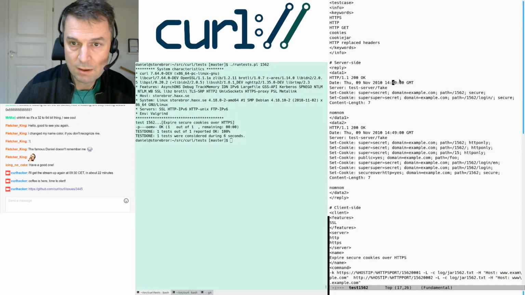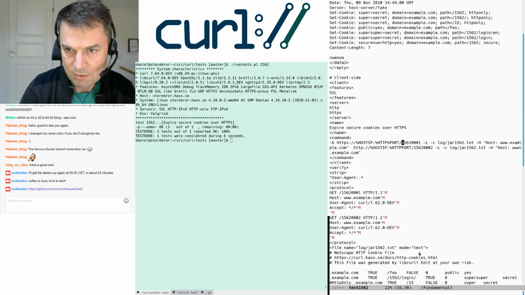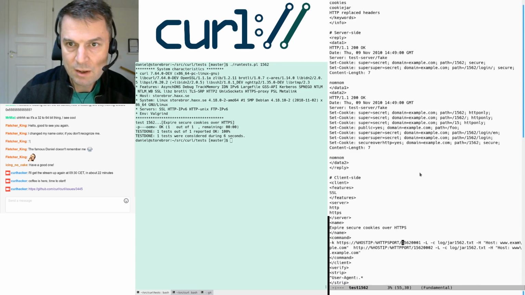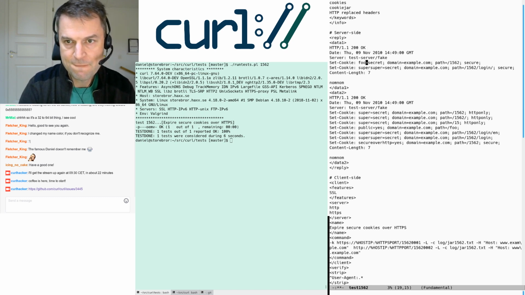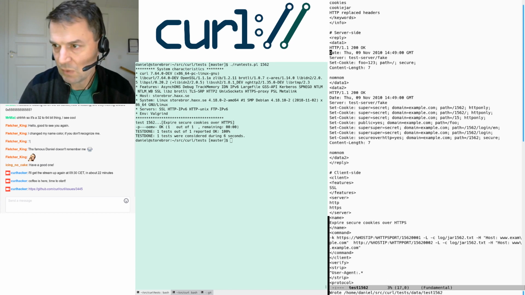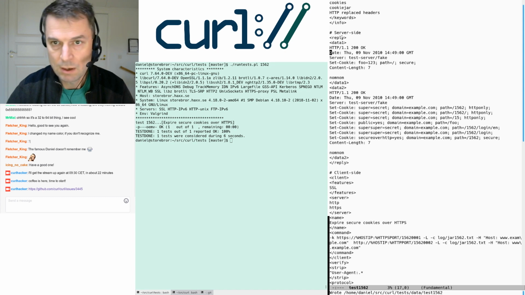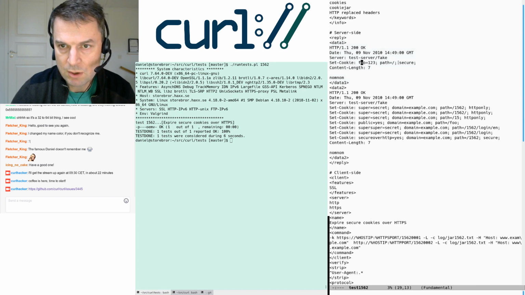That's it. So we do first this request. It makes a request on this 127.0.0.1. Then it will get the data, so it will get foo123, path, secure. So I'm just making sure that in the first response from the server we get a secure cookie with contents path / and in this case it will